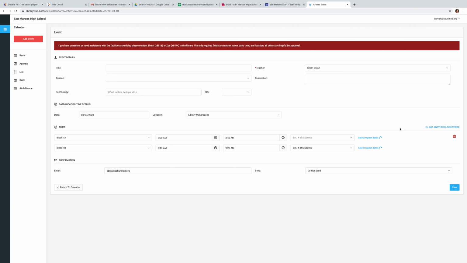There are a lot of optional fields. It's helpful for us if there's a description or a reason, so we know what you're using things for. It could be that you're doing testing, it could be that you're doing research, it could be that you're collaborating with Sherry, it could be whatever. So description and reason can be helpful for us, but they are not necessary. And then notice that you can choose to get an email confirmation or not. We have it set so that it doesn't send you any email, but if you want it to, you could use that drop-down box to change that. Okay, so I click save,